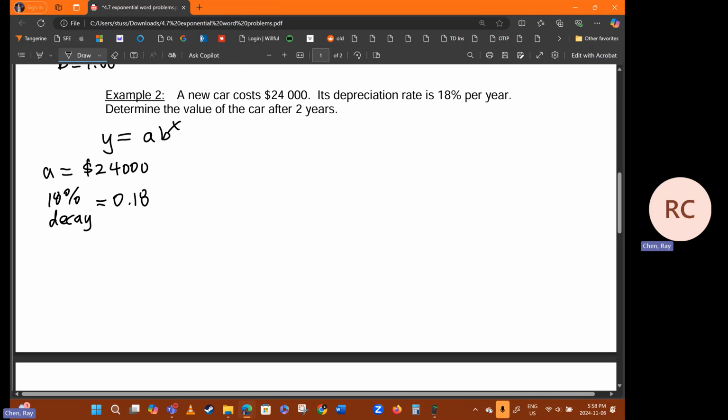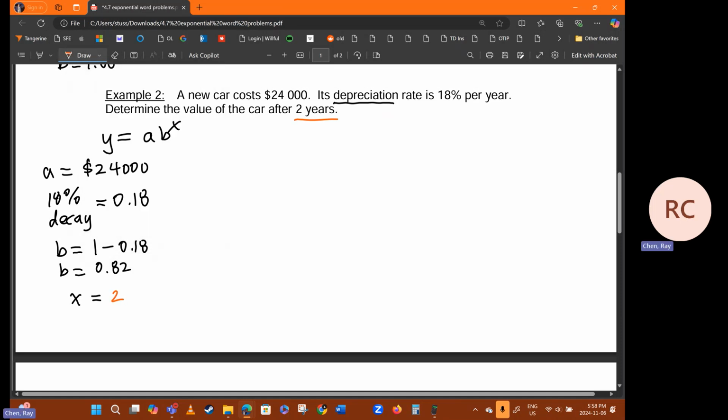But because it is depreciating, our B value is going to be 1 minus this decimal, which of course equals 0.82. Notice this base is between 0 and 1, so you know this is not a growth, but it's going to be a decay. Finally, what is our x? And I apologize, I didn't do it for the first question. Our x of our years